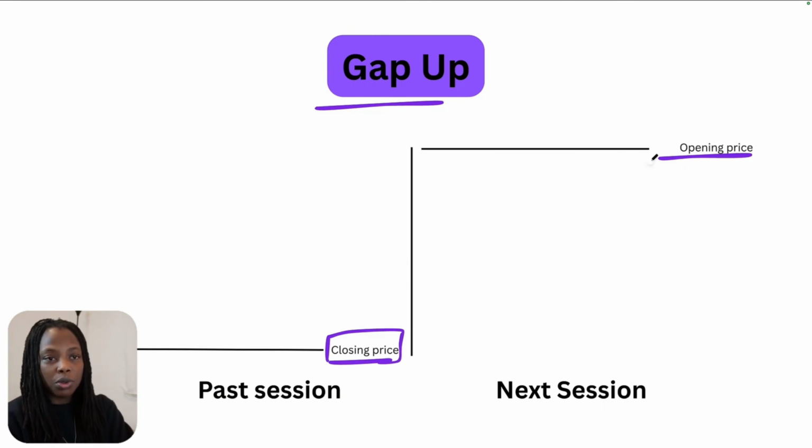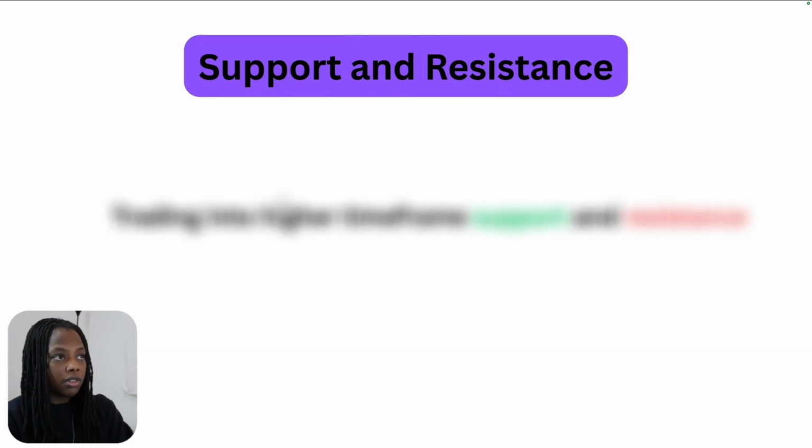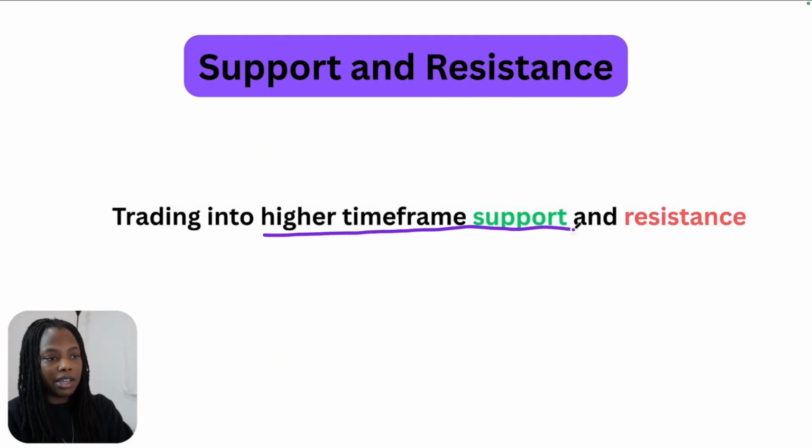I'll make another video telling you how to use the opening price as well. But in this video, we focus on the closing price because that's where the gap starts, right? Mark that level. The second thing is that we tend to ignore the higher time frame support and resistance levels,